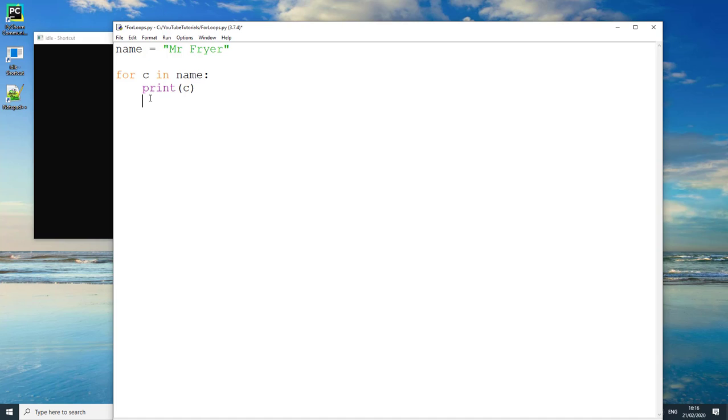You can go away from that. You don't have to stick to the convention, but that is what is done. If you're looking at strings or you're looking at lists, we tend to do it slightly differently. So this C stands for character. So for each character in the variable name, note that I've not said in range name, just in name,